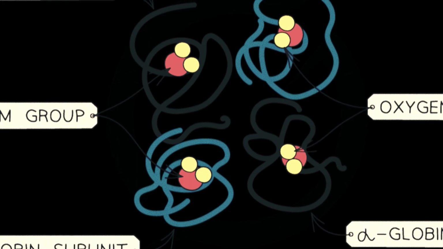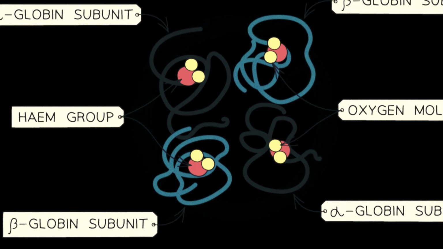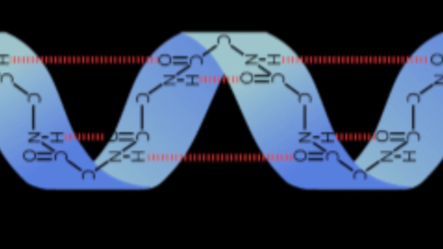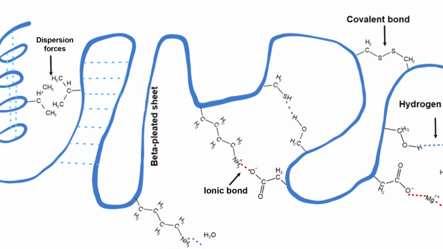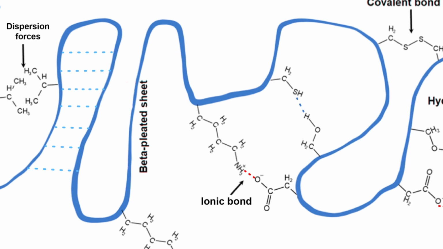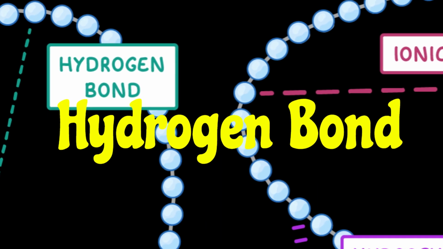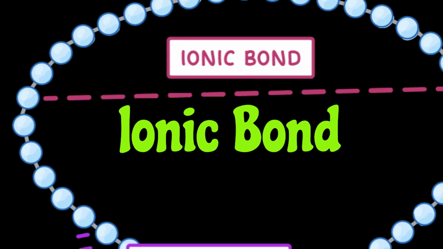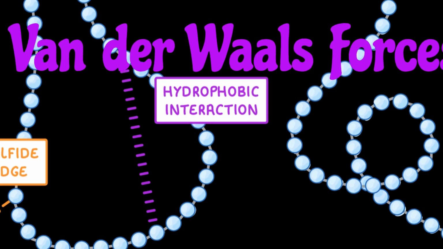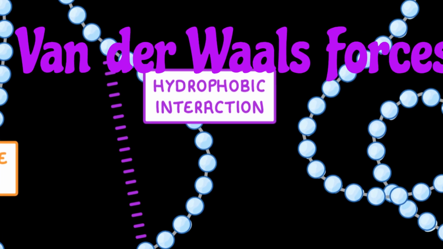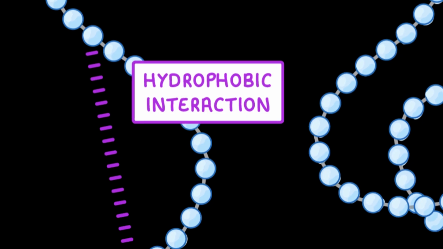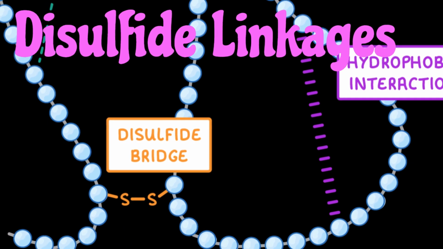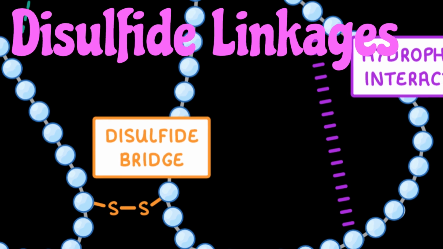Stabilizing forces. What holds this complex 3D puzzle together? It's all about the R groups, the side chains of the amino acids, interacting with each other and the surrounding environment, like water. The key forces include hydrogen bonds, electrostatic forces, or ionic bonds, where positive and negative charges attract, van der Waals forces, which are weak attractions between nonpolar parts, and the strongest ones, disulfide linkages. These are covalent bonds that form between two cysteine amino acids, acting like molecular staples to lock the structure in